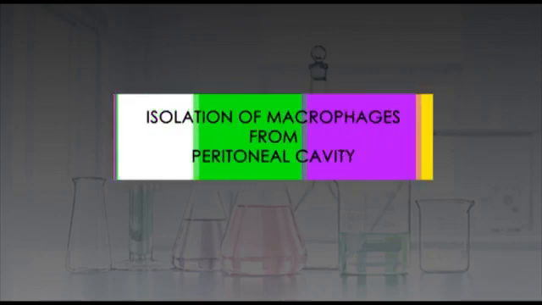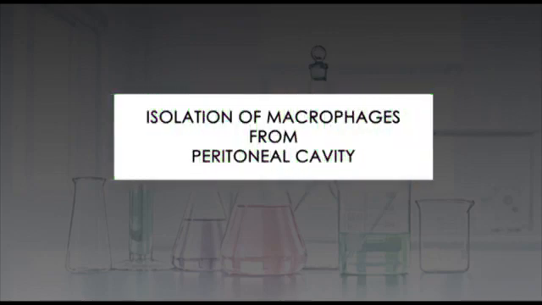Isolation of macrophages from peritoneal cavity. Peritoneal cavity is present at the abdominal region of mammals. It is a membrane-bound, fluid-filled cavity within which the liver, spleen, gastrointestinal tracts, and other viscera are present. It contains many immune cells, including the naive macrophages, T cells, and B cells. Since it contains many macrophages, it is considered to be a major site for isolation of macrophages.